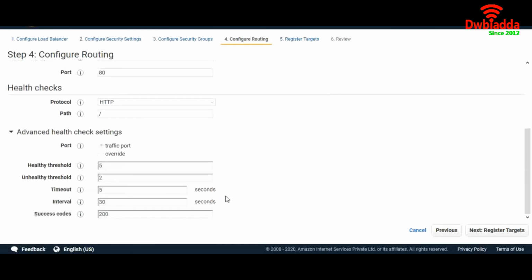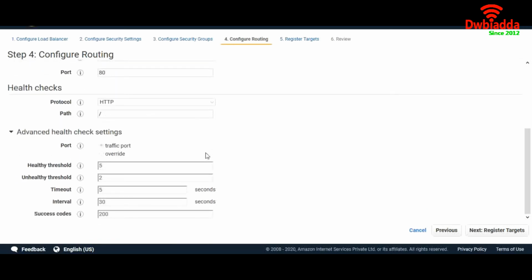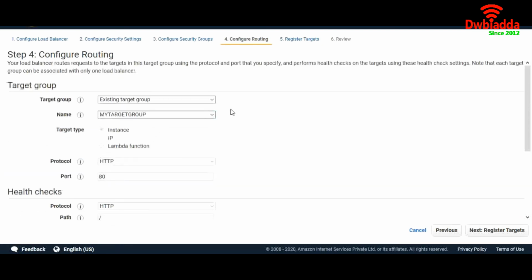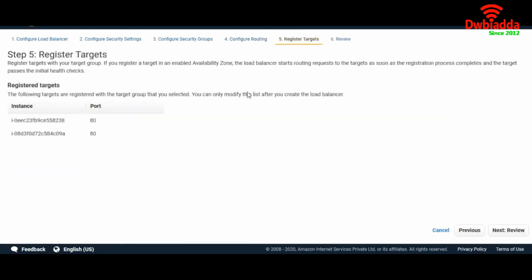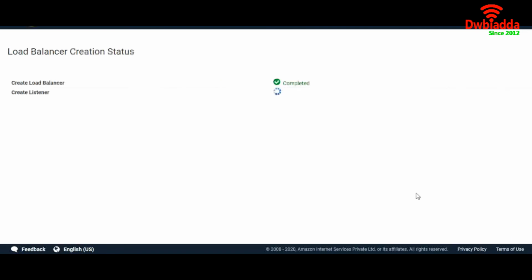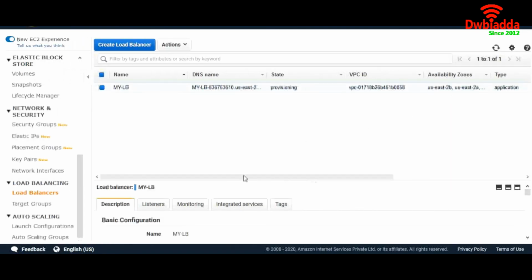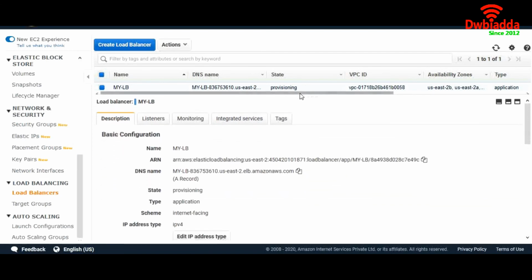You can configure your health checks also, but as we have already defined the same in our target group, it has taken all the settings from the target group. Okay, now register targets. Yes, these two are registered targets. Next, review and create. Close. So our load balancer has been created, and if we can see here, a DNS name has been given to